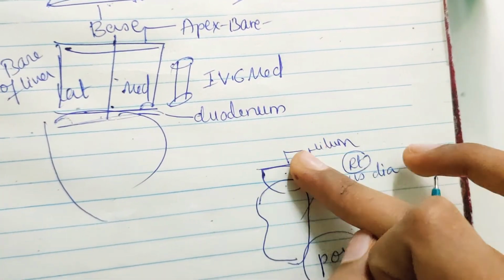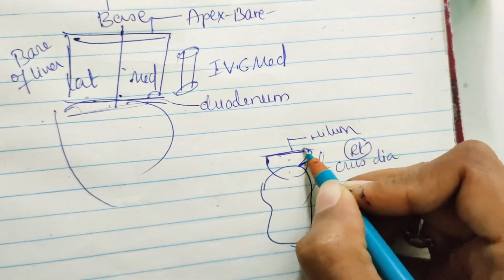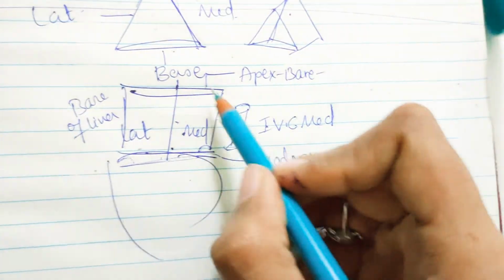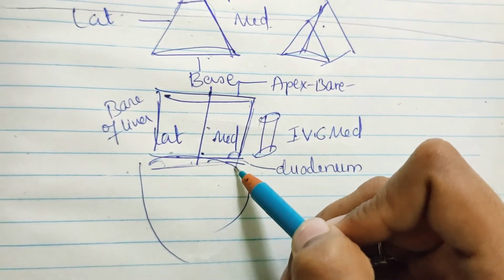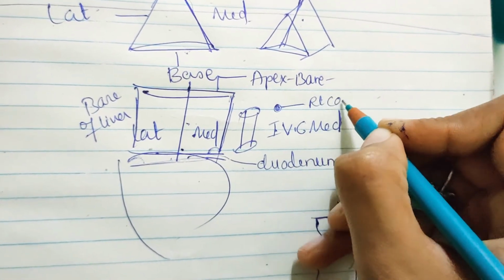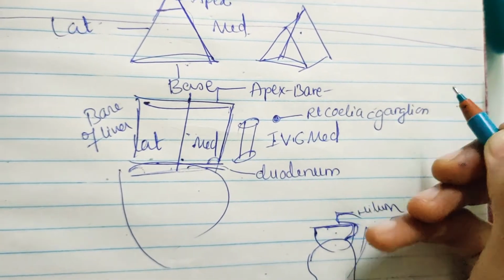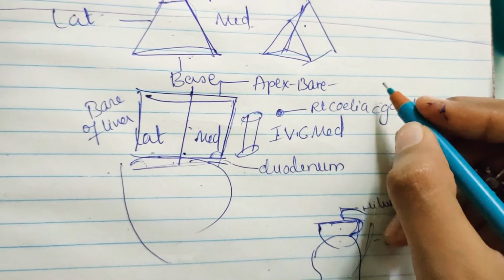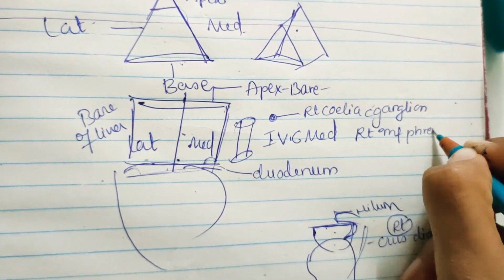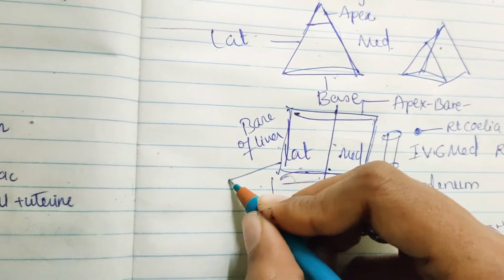Sorry, to correct that: it is not on the posterior surface; normally on the suprarenal gland, below the anterior border, somewhere over here, you will have the hilum. Next, coming to the medial border, this is the medial border. The medial border is related to the right celiac ganglion. So here you will have the right celiac ganglion, and also the right inferior phrenic artery, and on the lateral border we'll have the liver.